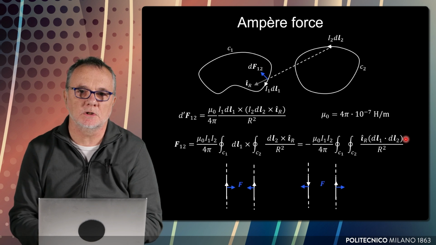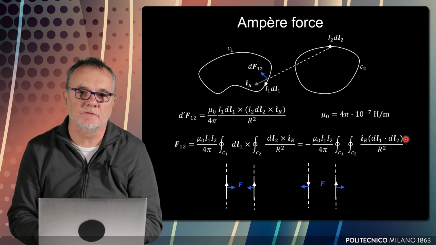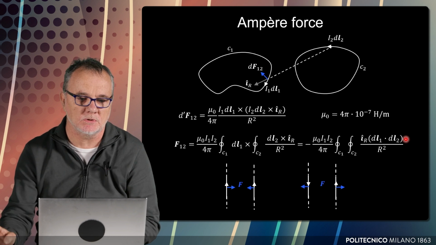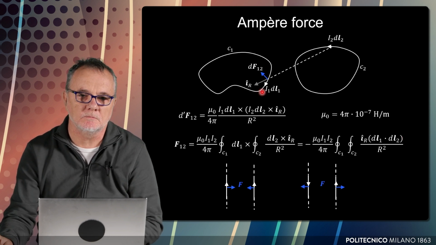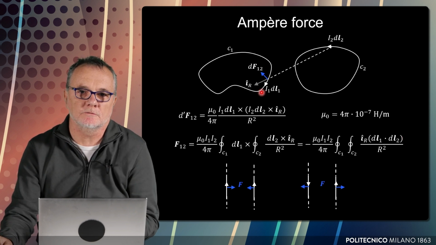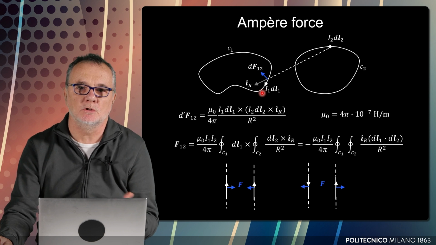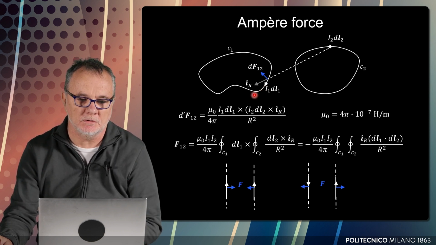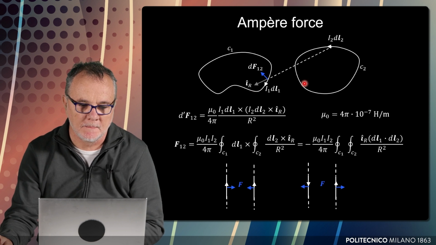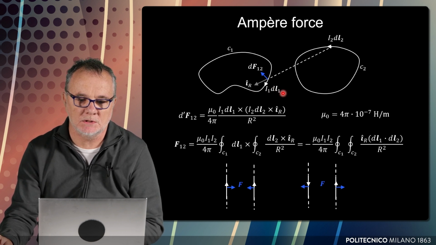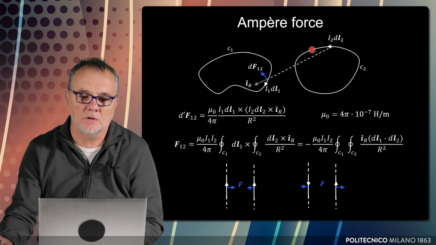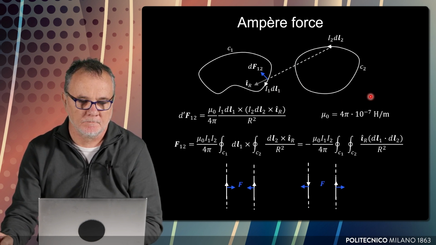Now, associated to the current flow, we also have a force between different currents. In particular, let's consider two loops. Of course, in order for the current to flow, we need a loop, we need a circuit. So let's consider current flowing in circuit number 1, as you see here, and let's consider the force that acts on circuit number 1 due to a current flowing on circuit number 2 somewhere else in the space.